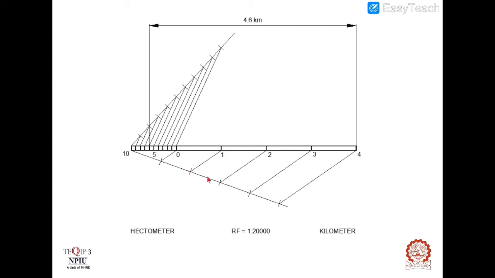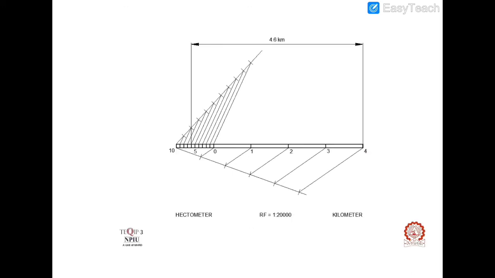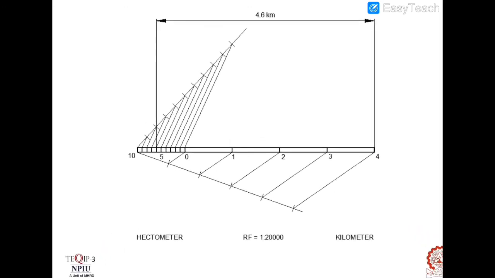Else other things, like whatever you are using to divide this line, these lines should be of 2H pencil. And remember, while using the 2H pencil, you need not apply too much pressure. By soft hand you have to draw by 2H pencil. It should be lighter than the HB pencil. The HB pencils are used to highlight the main drawing. Here your main drawing is plain scale and its divisions. Clear?